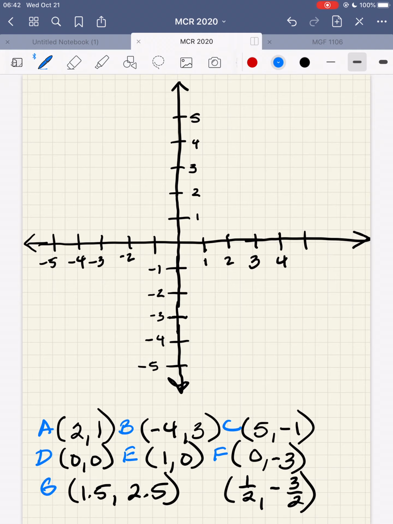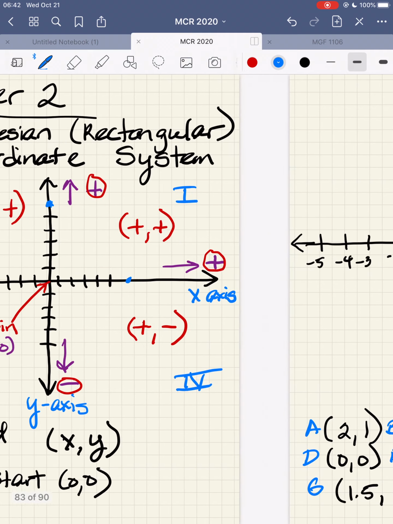Because I want to make sure that I label my points. It's usually easier to do it by putting a letter rather than putting the ordered pair itself. Now I want you to look a little bit at the scaling here. So if I go back to my first graph,